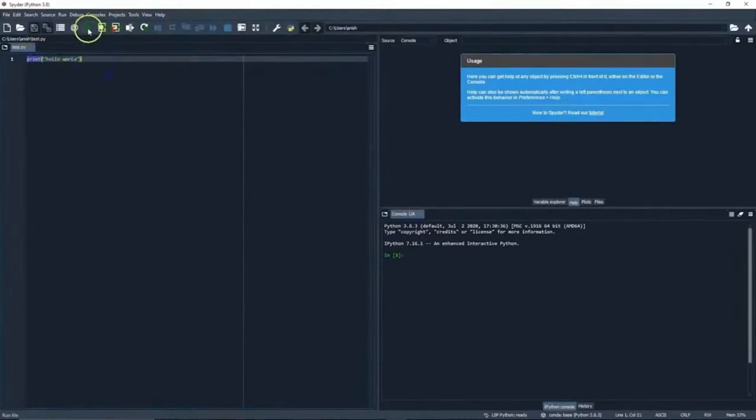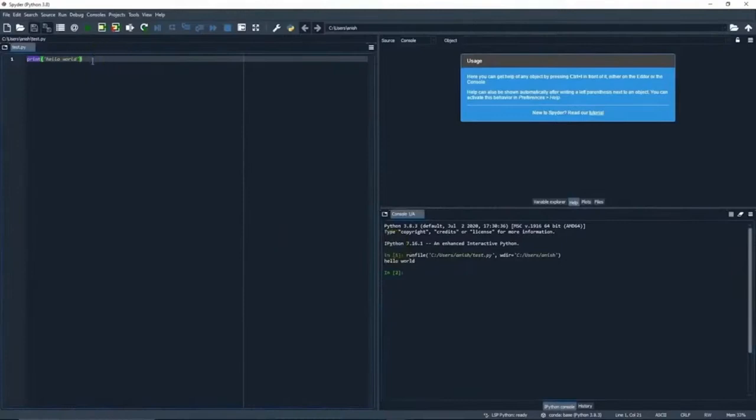Now if I want to run this application, I press this green button, and as you can see, the result of my execution is over here. It's in slightly small font, but as you can see, it says hello world. And the next line is essentially waiting for me to do another execution of the script, and then it will give me new results.